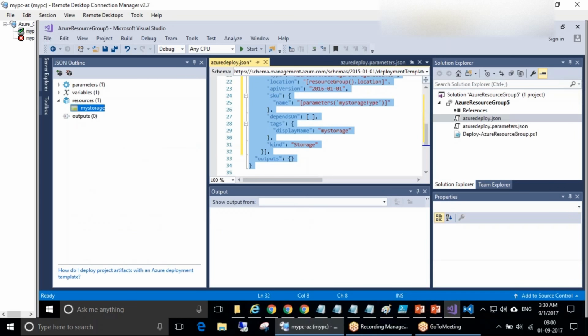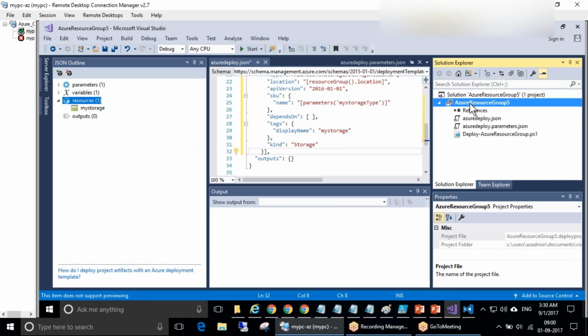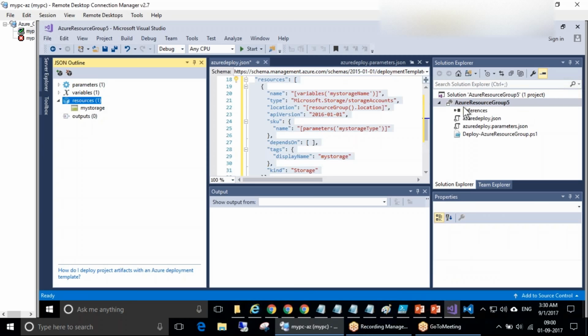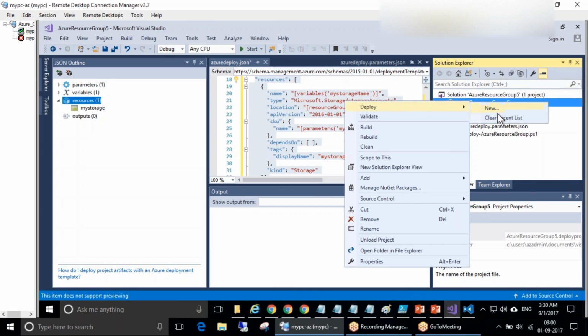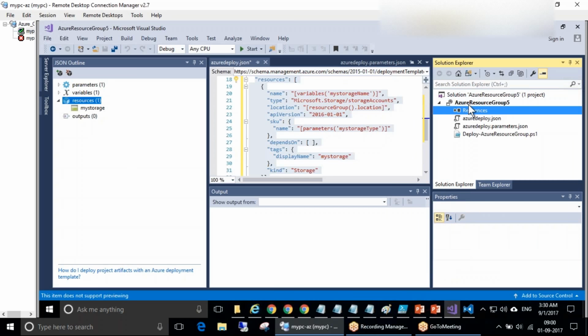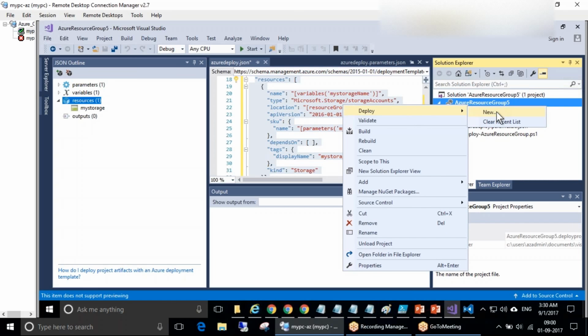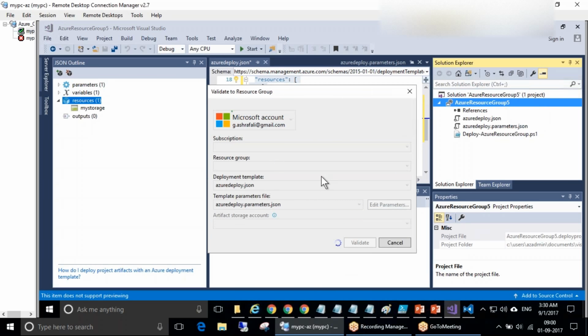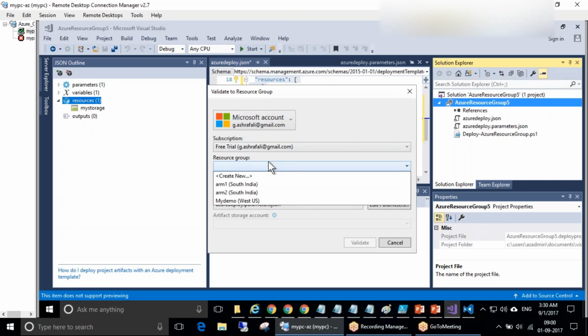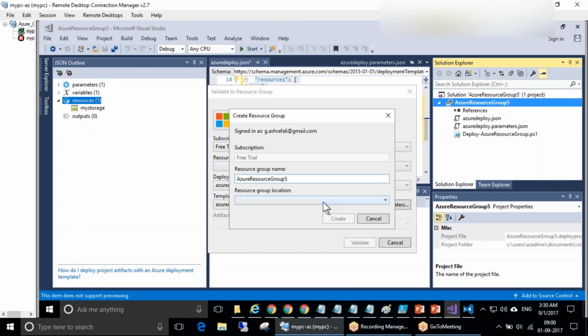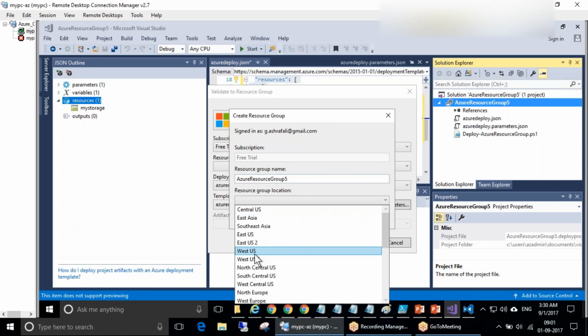So for that, what we do is we have to go here. This is what we have done. What we have done is we added under resource. So let's see, it may or may not deploy if the resources are not proper. Let's see. Deploy new. Oh, before that you can always validate. Since we signed up yesterday, the account is still coming up. So I can choose here a new resource group, maybe Central US or West US, to create